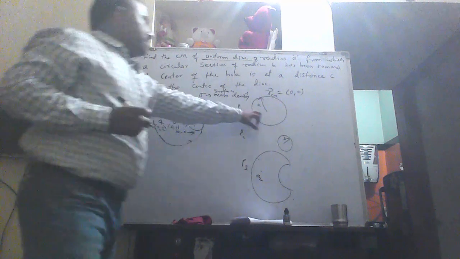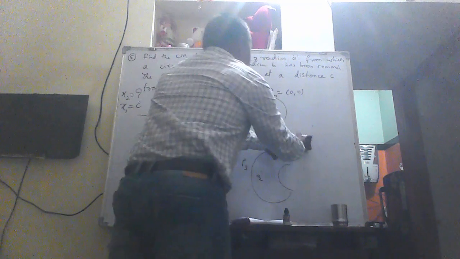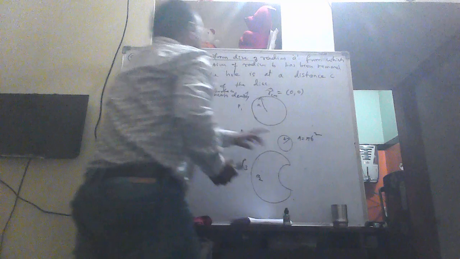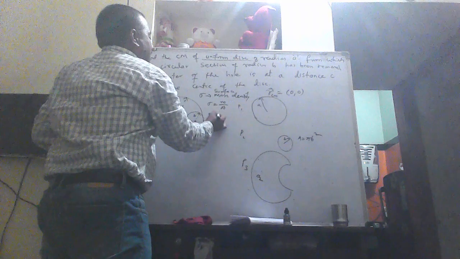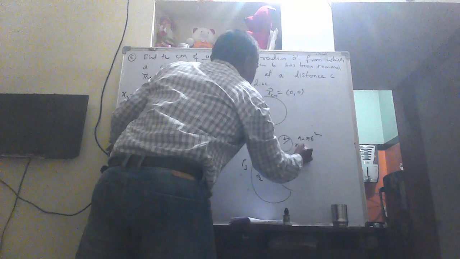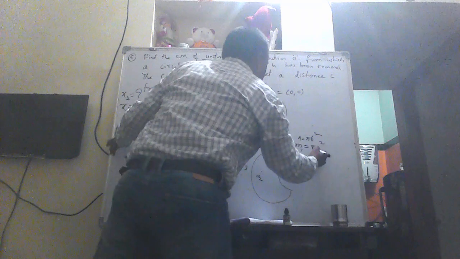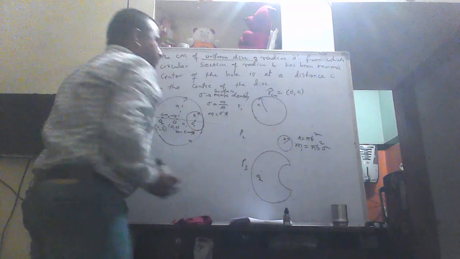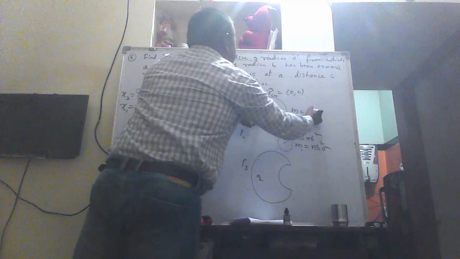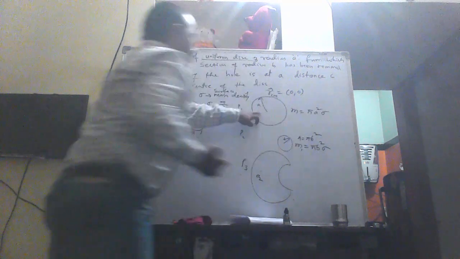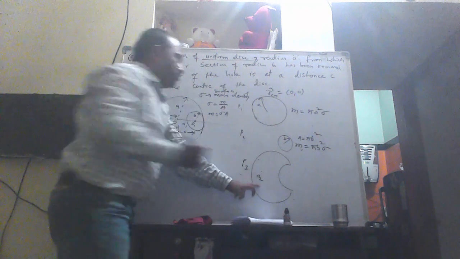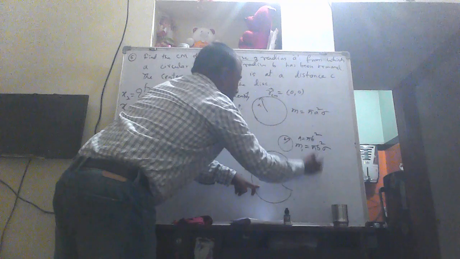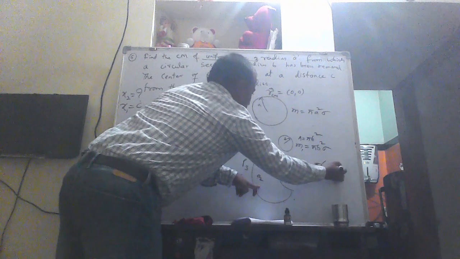So I calculate what is the mass of this. I don't need this because its coordinates are different. This is radius B. Its area is pi b square. So sigma is mass per unit area. Mass per area. So mass is given as sigma into area. So here mass of this, I take m1, as pi b square into sigma. What about this? Its mass. I take this mass as pi a square into sigma. But this is the total mass from which this mass is removed. The remaining mass will be the mass of this. So M2 is equal to the difference of these two: pi a square minus b square into sigma.